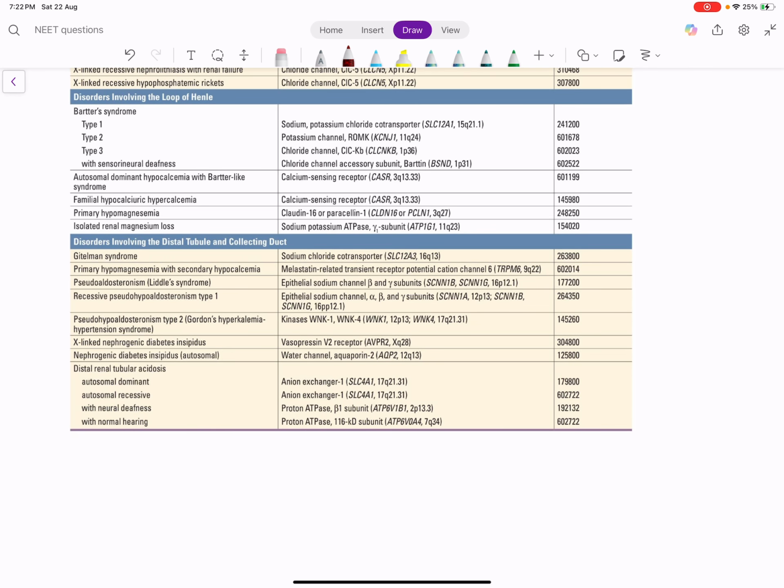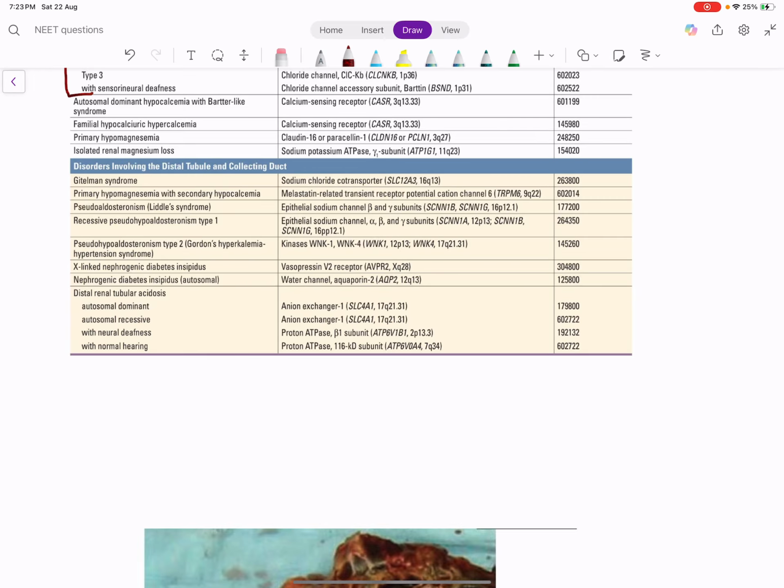Now, what disease involves the loop of Henle? We just now discussed Bartter syndrome. Bartter syndrome is similar to loop diuretics or furosemide. Here, sodium is excreted, potassium is excreted, magnesium is excreted, and calcium is also excreted. Then, what disease affects the distal tubule? One is Gitelman syndrome, Liddle syndrome, which we discussed. Then